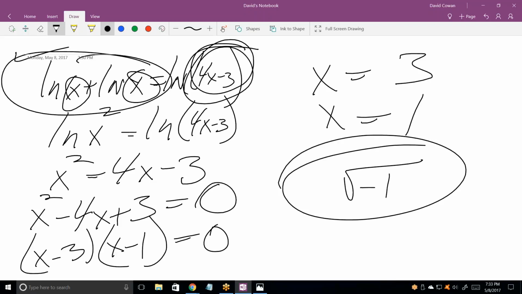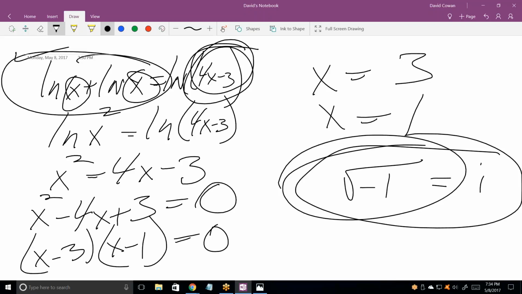In other words, you can take the natural log of a negative number, but you get imaginary solutions, which they don't teach you about in high school, which I find kind of interesting, because they do teach you that the square root of a negative number is an imaginary number. But they never teach you that the natural log of a negative number is also an imaginary number. But it is. And they teach you that the square root of negative 1 is i,